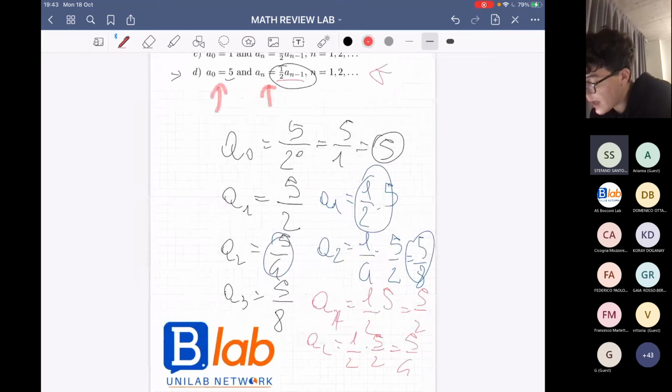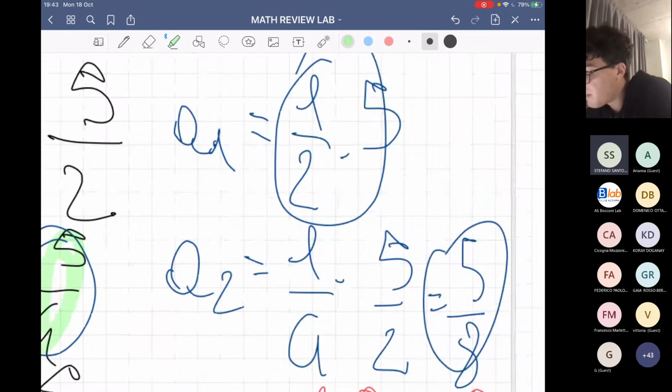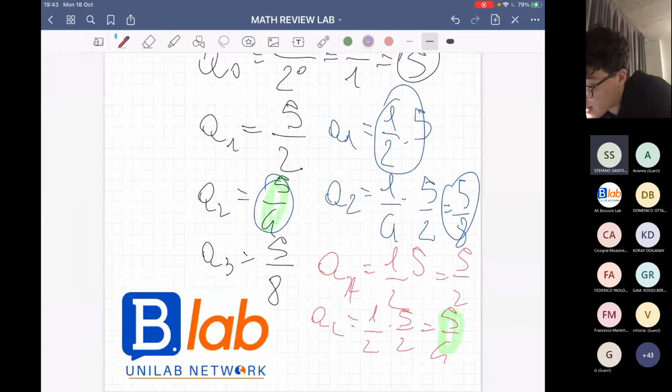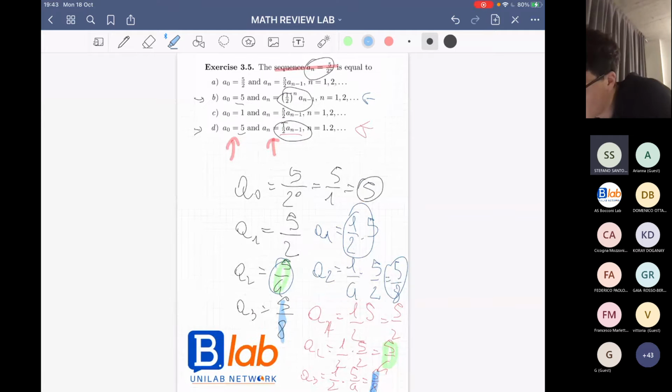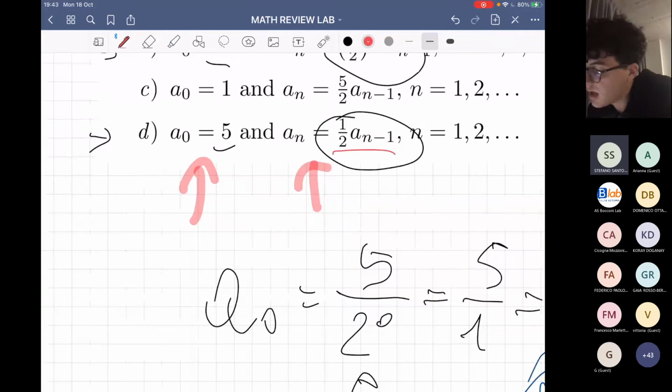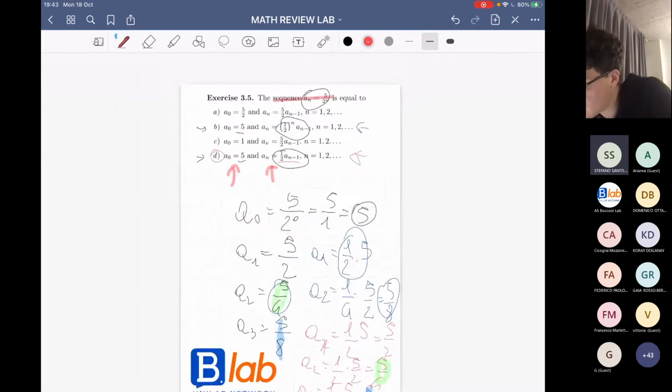And so we can already see that this is the right answer because it's the only one left actually. But if we want to try more, we can also calculate a3, which is equal to 1/2 times 5 over 4, which is 5 over 8. And so also this one and this one are the same. And so we can finally conclude that of course the right answer is the D one. And so we have also resolved this exercise easily.